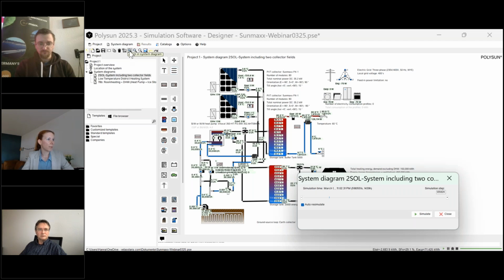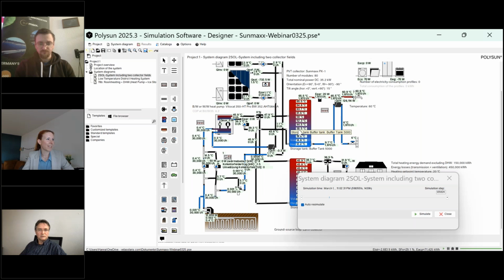And I will zoom in a little bit because the numbers are very small, I guess. So you can't see the entire system, it doesn't matter. And don't be confused about all the numbers that you see here. You will learn very easily how to focus on which numbers are relevant for you and which not.